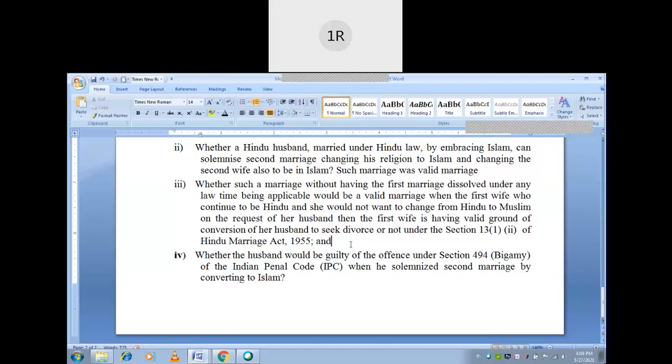What type of marriage is it? Whether he changed the religion? Answer. Both are Muslims, sir. No. Kareena Kapoor is not a Muslim, she is from the Kapoor family. And Saif Ali Khan is a Muslim. Under the Special Marriage Act, the Special Marriage Act doesn't see what the caste and creed is. They only see whether they both are Indians or not. They are married under the Special Marriage Act.